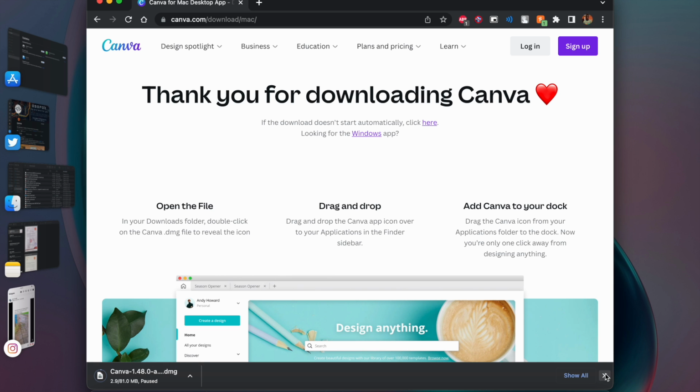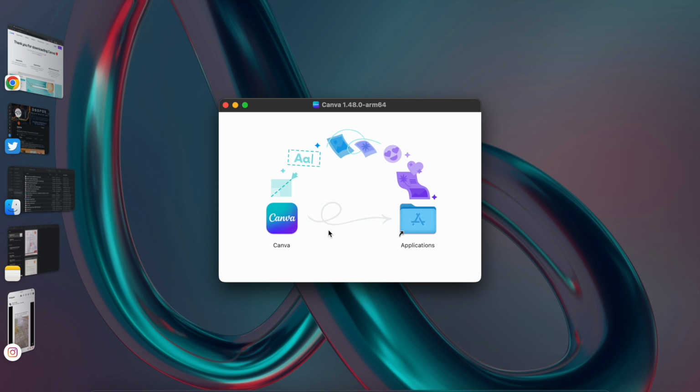After it's downloaded, you will need to install it. By installing it, you will need to click on that and then move it into this folder, and you should hear like a ding sound. So after that ding sound,